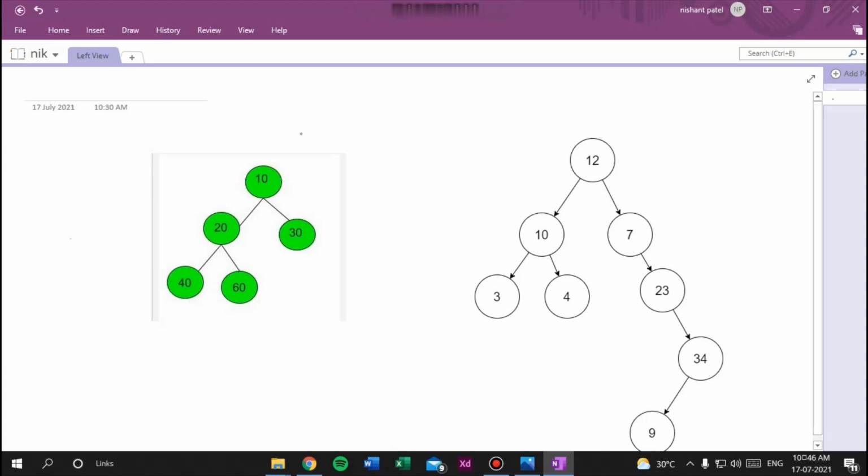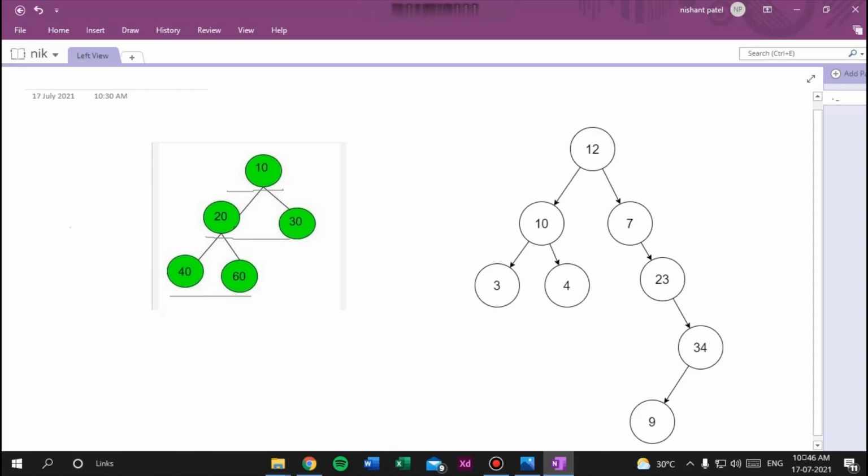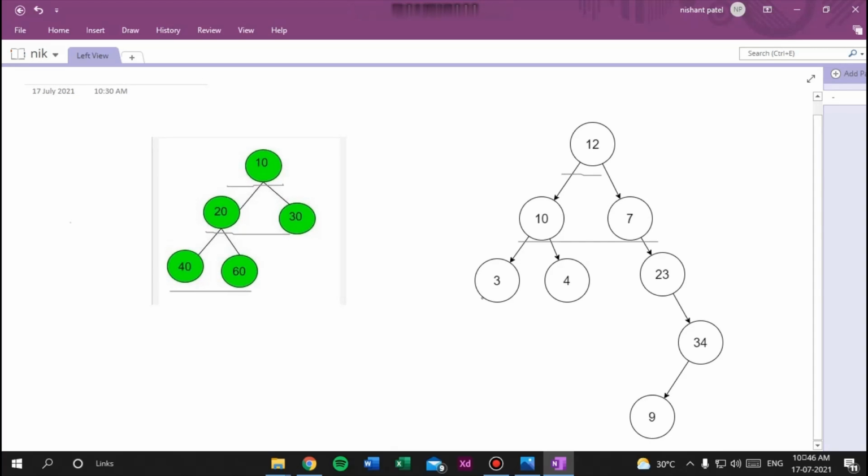In level order traversal, what we are doing, we are traversing this first level, then this second level, then this third level, right? In this case first, second, 3, 4 and 5, right? So if we get the first node of each level, then we can easily get our answer, right?